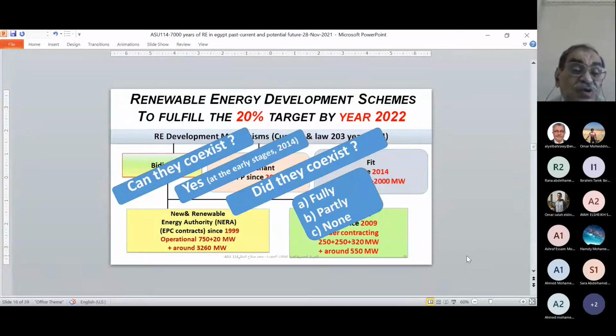Can these schemes all coexist at the same time? And the answer was yes. And did they really coexist? Also, the clarification was, did they coexist fully or partly or none? So actually, as a matter of fact, they existed partially, and they do still exist in a partial way, where